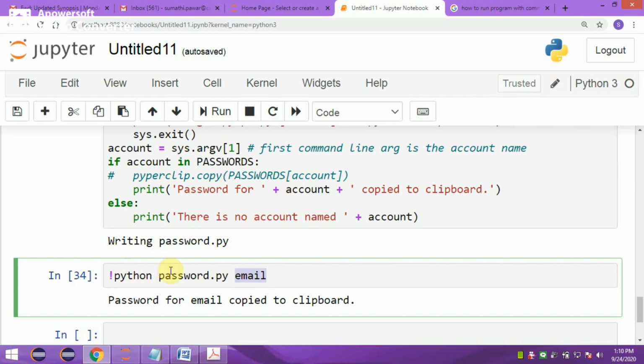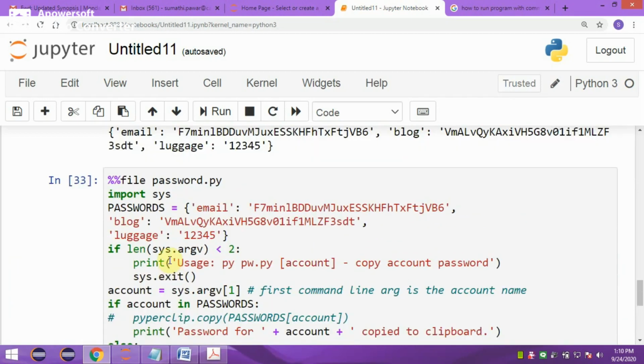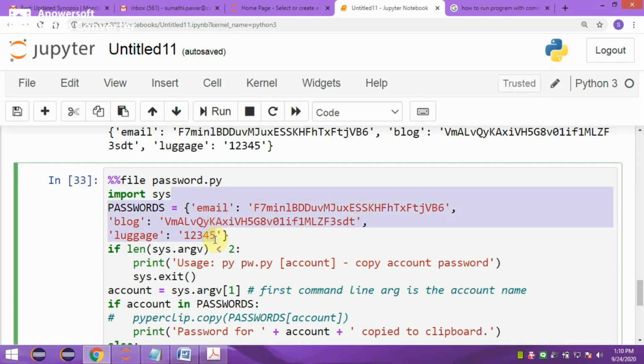To run the program with command line arguments, first here in Jupyter, you have to save this program with the file name password.py. See how to save this program? By using %%file, then password.py.